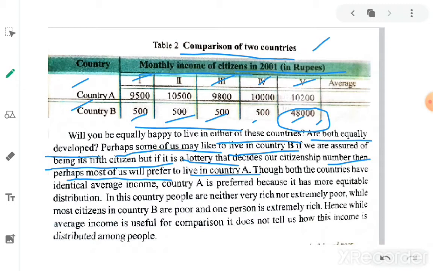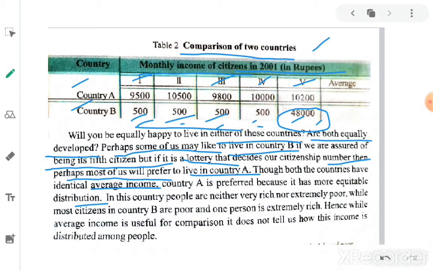Though both the countries have identical average income, country A is preferred because it has a more equitable distribution. So here both the countries have identical average income. Identical means here the first person gets 9,500, the second person gets 10,500. There is not much difference between person to person in their incomes. In country B there is no difference for the first 4 persons, but the fifth person is getting 48,000. A very high income, but